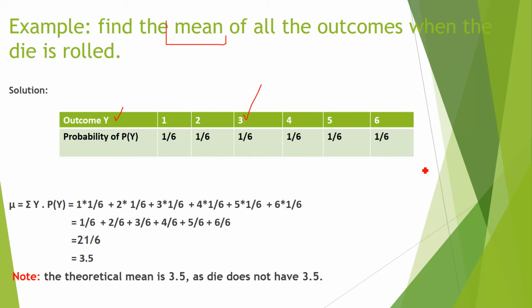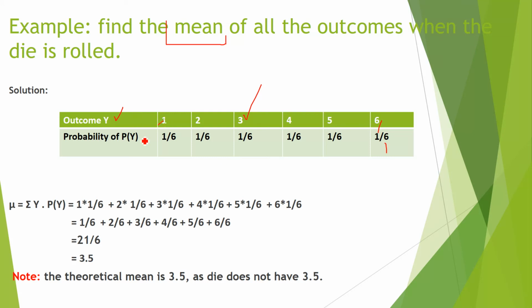What is the probability that 6 will come? Again, in the denominator, you have to write down the sample space. Sample space means all possible outcomes. In the numerator, you have to write down the outcome, and the count is only 1 because we have only one 6 here. Now put these values in the formula.